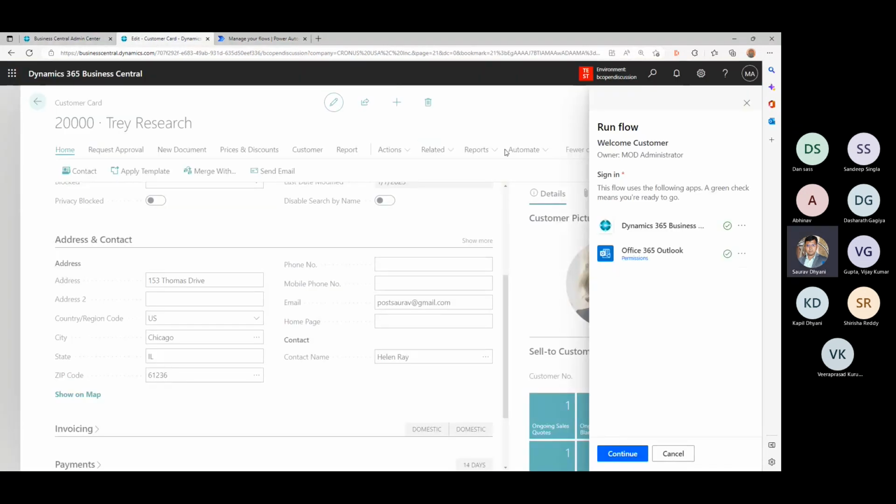Oh, okay. So yeah, when I click on that, it'll ask you for this permission all the time, so you don't have to go out. And this is for the manual execution. You can also define certain flows which trigger automatically. But because this is a manual one, I'll have to continue it so that it runs, and then run the flow.